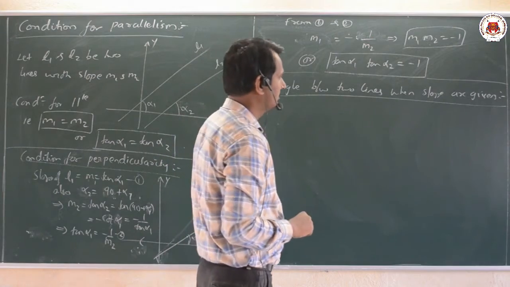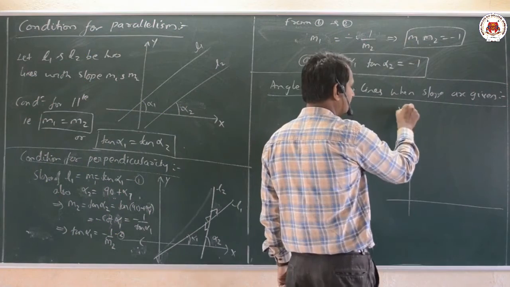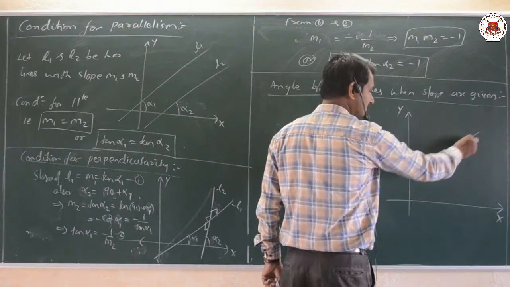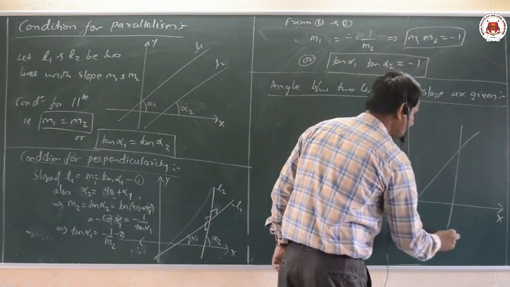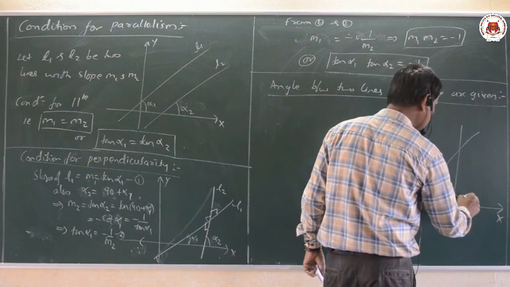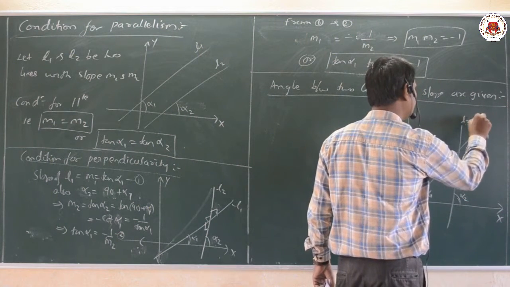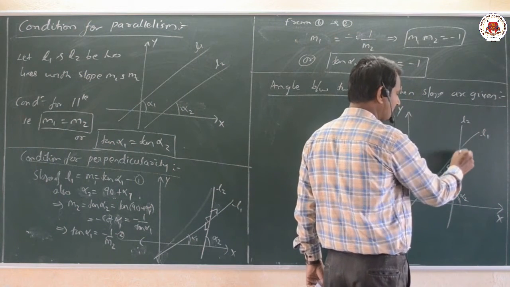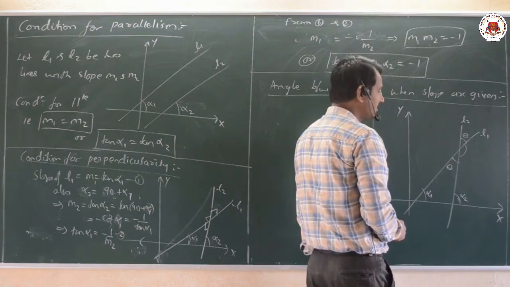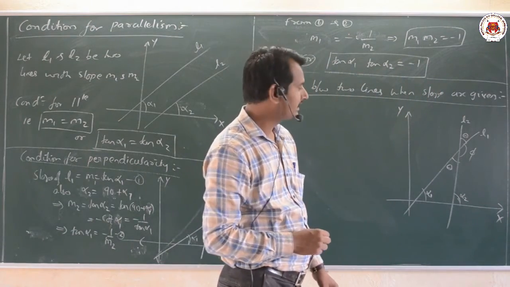Now let us look at it. It is a very, very simple thing. Before going to that, let us draw the lines. Let us take the y-axis and the x-axis. Now, dear students, let us take this line L1 and this line L2, with alpha 2 and alpha 1 as their angles. We can observe that they make an angle theta. The smallest angle is theta and the largest angle I will take as phi.